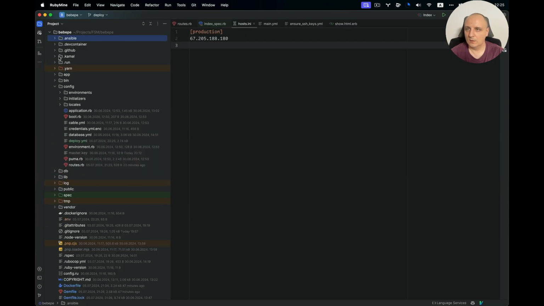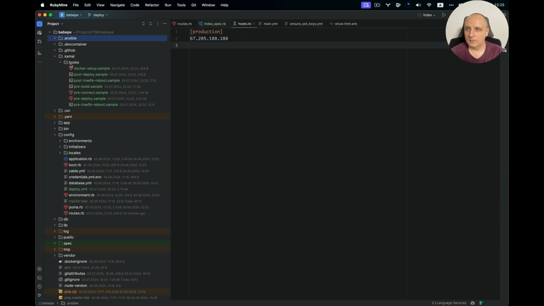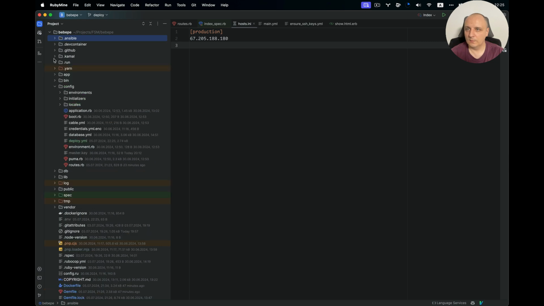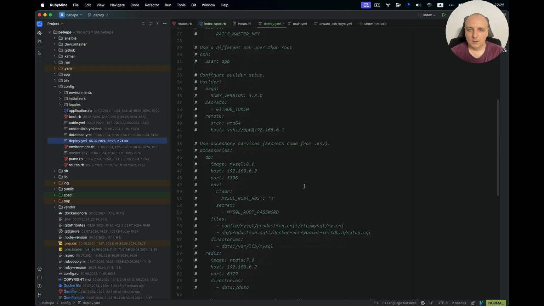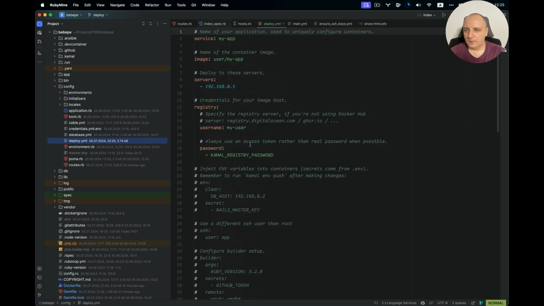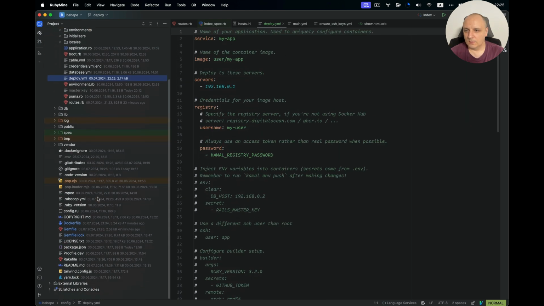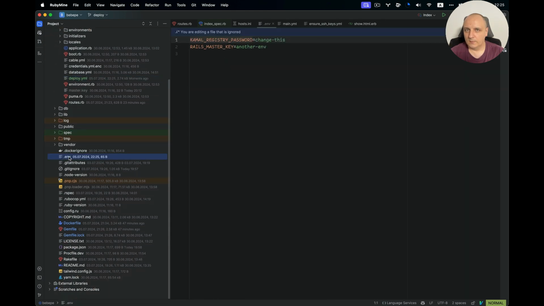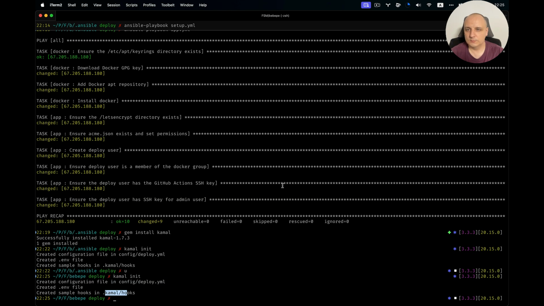Let's look. Okay, here are our hooks. We won't be using them for now, so it's safe to ignore. Here's our configuration file, and where is our env? Here it is. Yeah, so we won't be using it this way. We will use